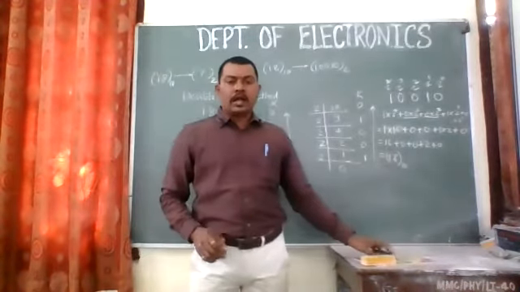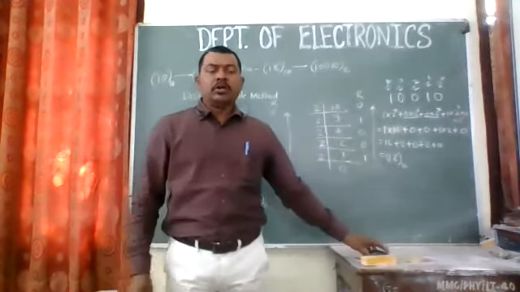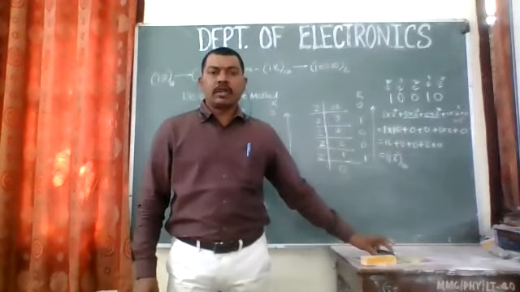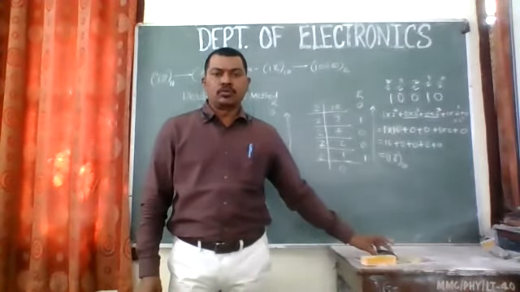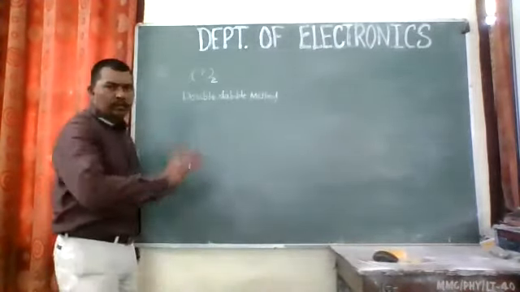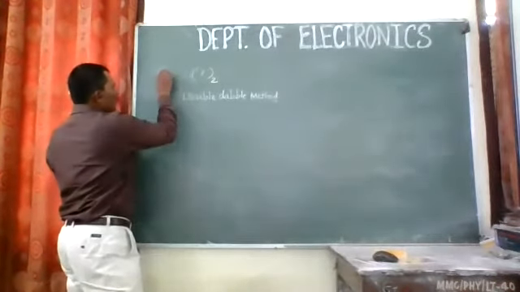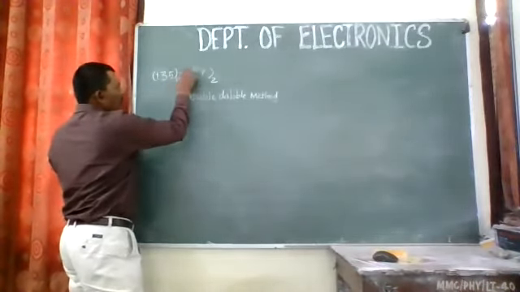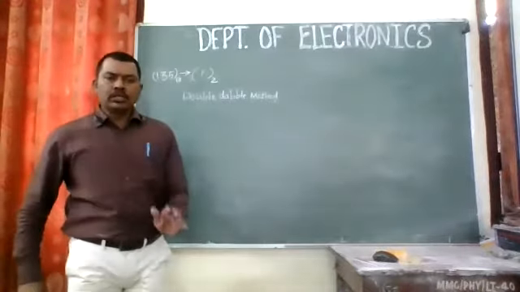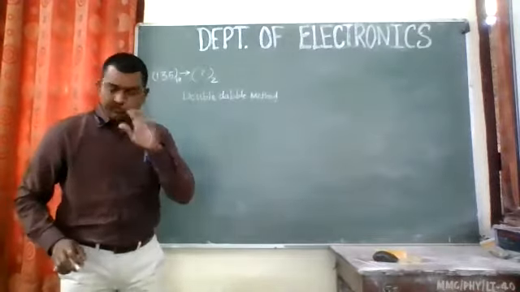If you have any queries, you can ask, or else we can take another number and check whether we have done it properly or not. The number suggested by Rinki Kaur is 135. So we are going to convert this decimal number, 135, to binary.